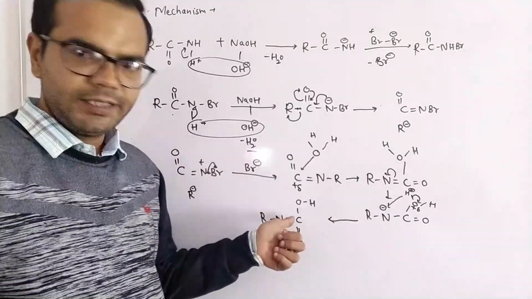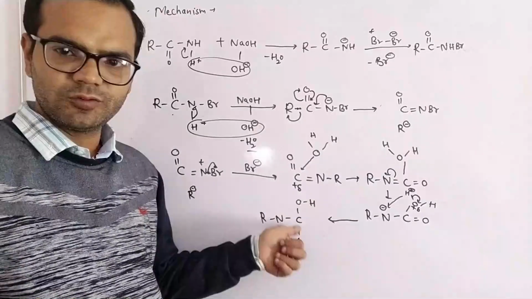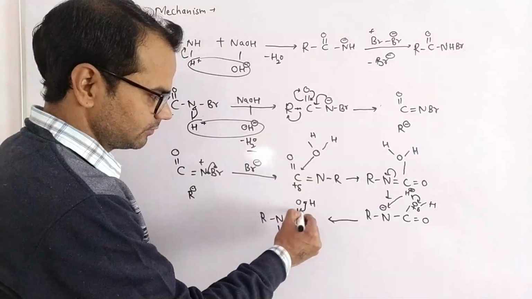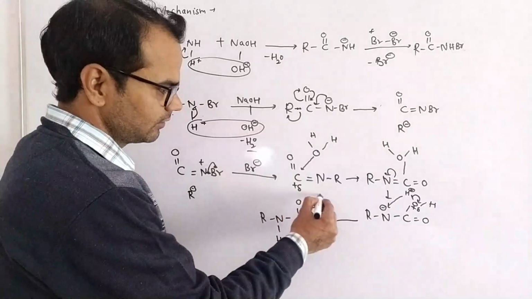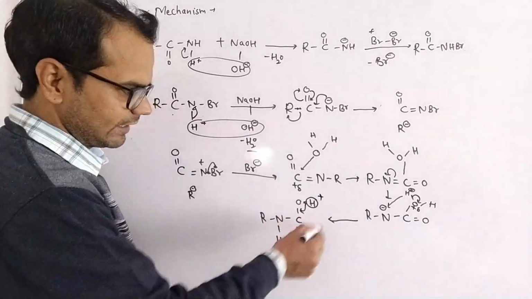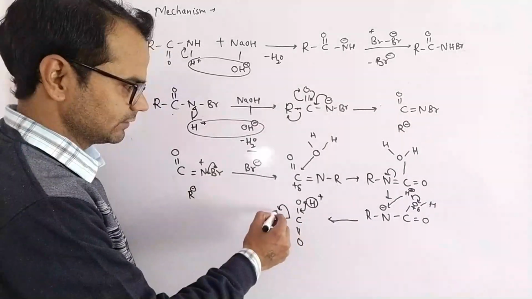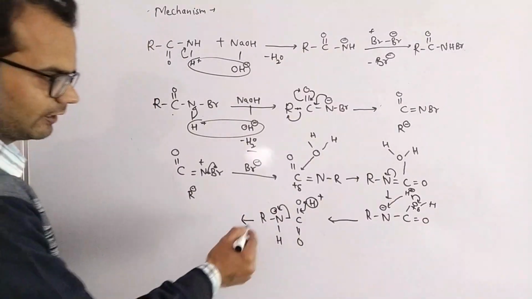Here entropy favors the release of gas. We can see a CO2 molecule can be eliminated. How? These electrons are attracted towards this, so hydrogen will again be positively charged. So we can see CO2 molecule formation takes place. These electrons are attracted towards nitrogen. So now we will have